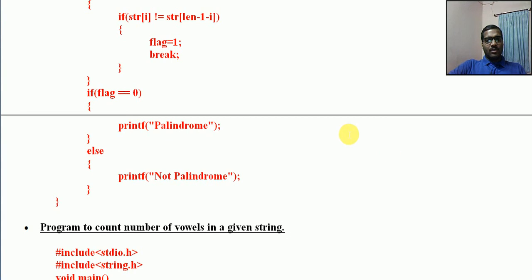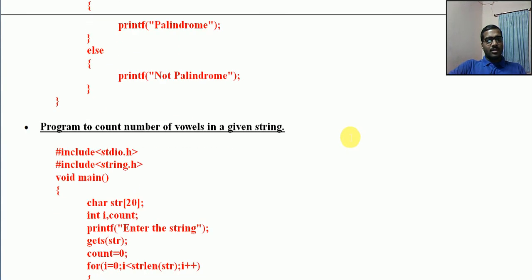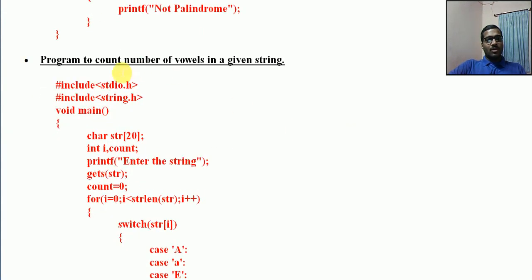Now let us look at one more program, that is a program to count the number of vowels in a given string. This is one category of program that is used with character arrays. This is one example only. Just count the number of vowels. Sometimes it will be like count the number of some special characters, or count the number of a particular character.